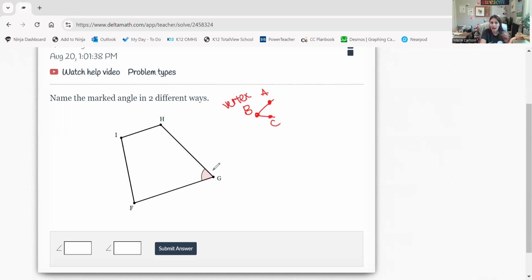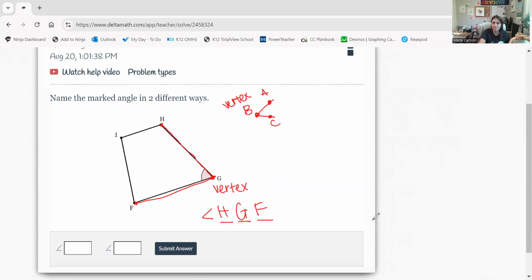So this highlighted angle, this marked angle, is not just angle G. G is what we call the vertex of this angle. So when I name this angle, that G needs to be the middle letter. So we name angles using 3 letters, with the vertex being the middle letter. And then the other letters need to be the points on the opposite sides of this vertex. So if we have the ray or the segment HG and the segment FG that come together to form this angle,